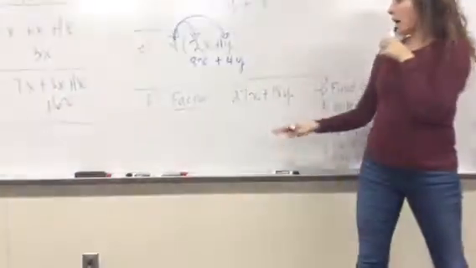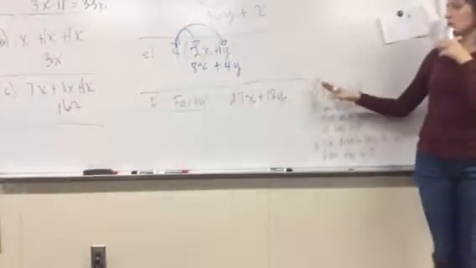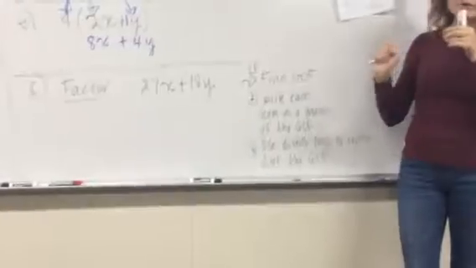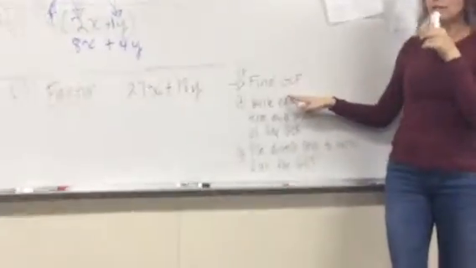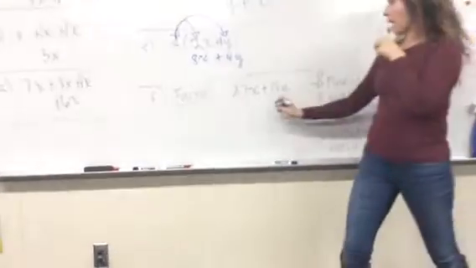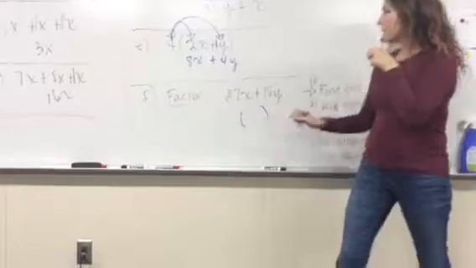So here we're going to factor it out. I'm going to do the first step. First step says to find the GCF. When do I factor it out with the GCF? When it tells me to factor. You will see the words factor this out. Are you following me? So I would put a parentheses and a